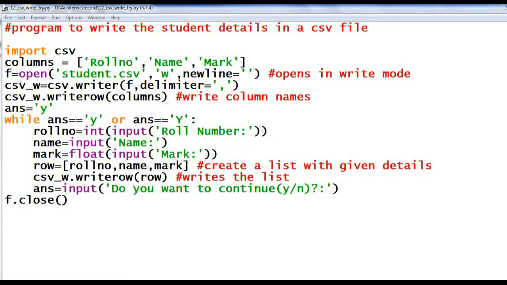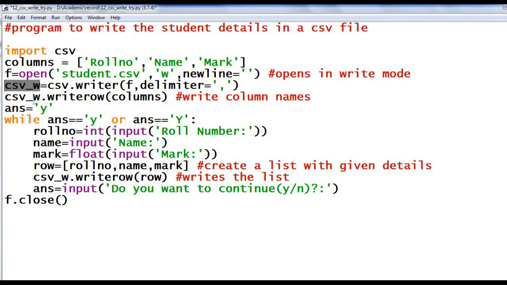And this writer object is used to convert the user's data into a delimited string. Here the delimiter used is comma. If you want to give any other delimiter like pipe symbol, you can specify it here like this. And the default delimiter is comma. So even if you are not specifying the delimiter, it will use comma. If your delimiter is comma, no need to specify it. Otherwise you can specify it. This writer function will return the writer object, and that is stored in the variable csv_w. Now csv_w is our writer object.